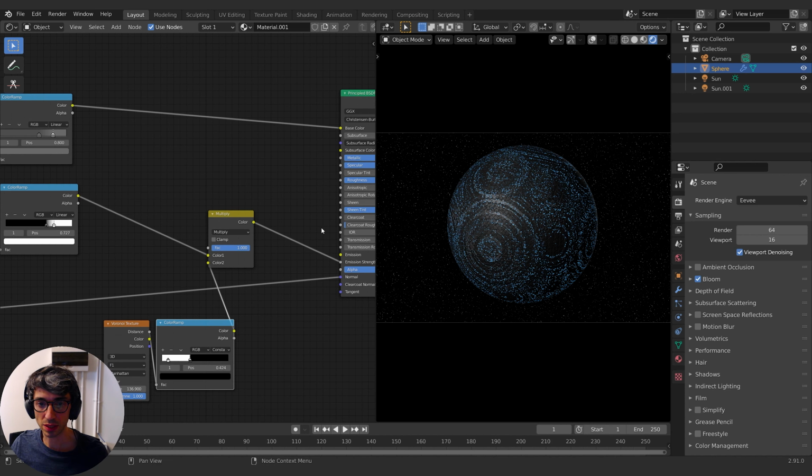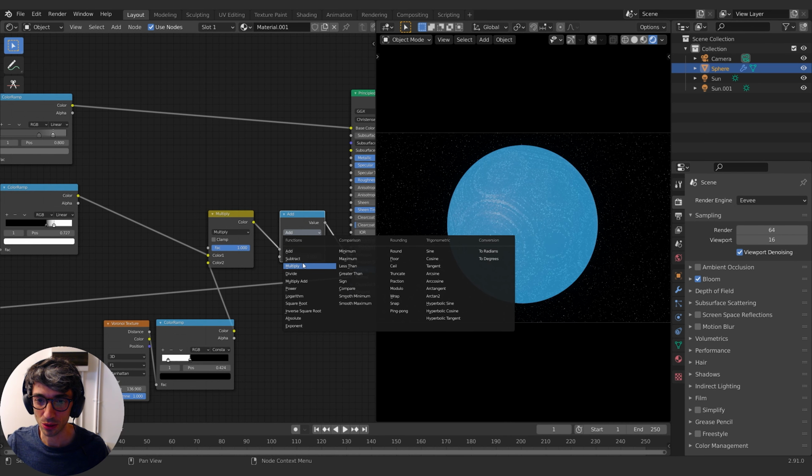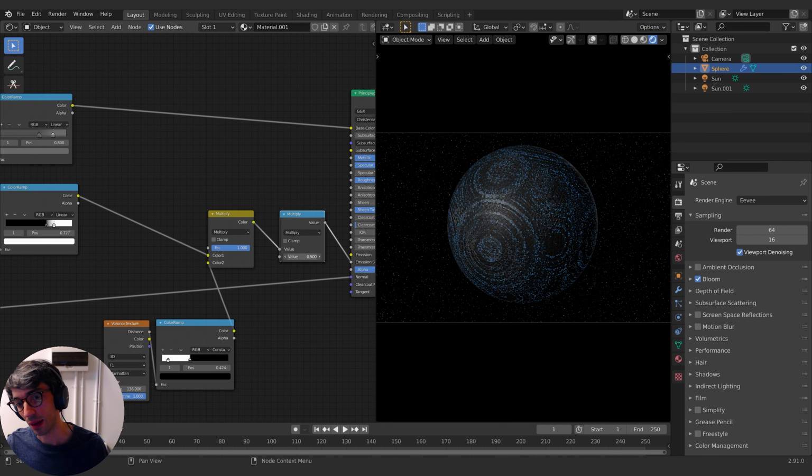Now I can take, because this is all going into the strength, right? This is not a color value. This is just a single floating point value that determines how strong things are. I could also turn this up a bit, and I could take a math node. All right, let's go multiply. So we're going to multiply the emission value by, I don't know, a larger number, like take it up to